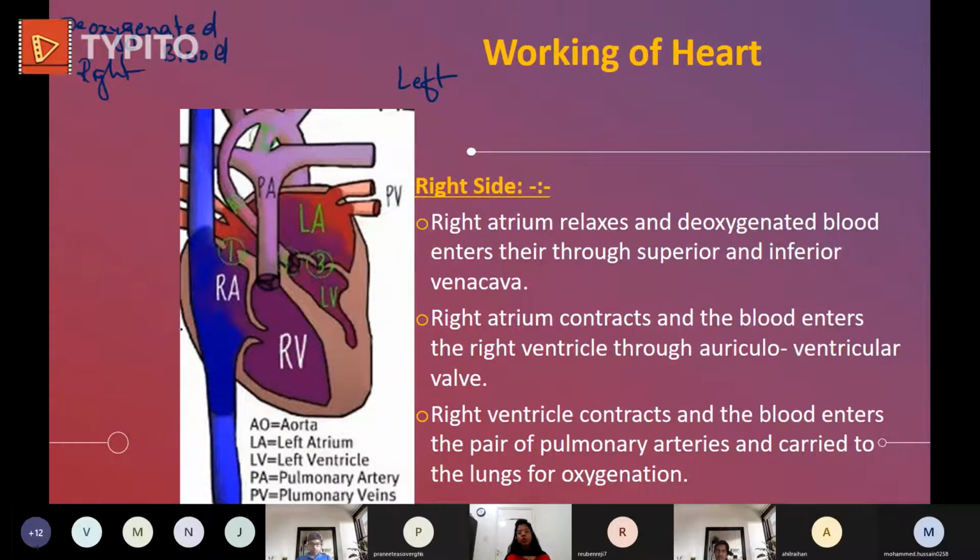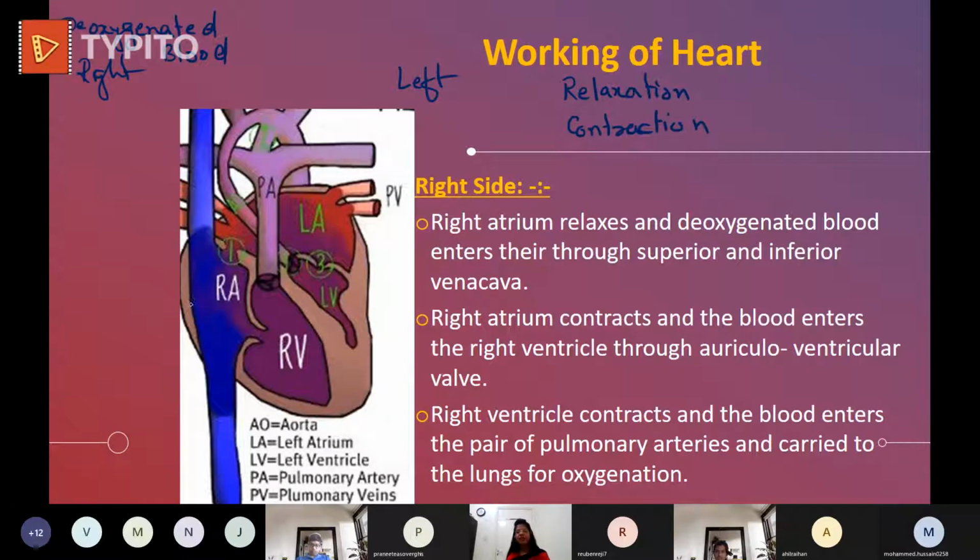All right. So right atrium. A heart is a pumping organ, and the heart is made up of cardiac muscles. Cardiac muscles are contracting and relaxing, and this is the way the heart works. So here I'm going to discuss two words: relaxation and contraction. Yes, the heart is relaxing, not much, just a few seconds, and the heart is contracting also. So contraction and relaxation are happening in the heart.